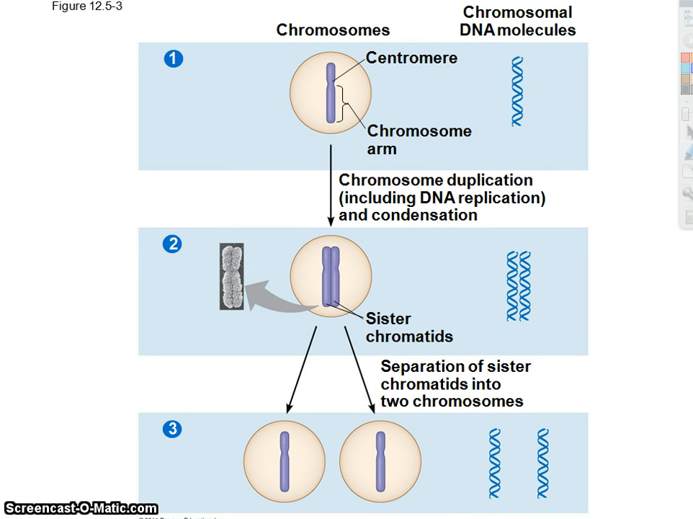So this is just another picture. This is showing again, this is one chromosome. If this cell is going to divide, it'll go through a stage where it'll make a copy. And then when the cell actually divides, each new cell will get a copy of that chromosome, which makes these two daughter cells clones of the